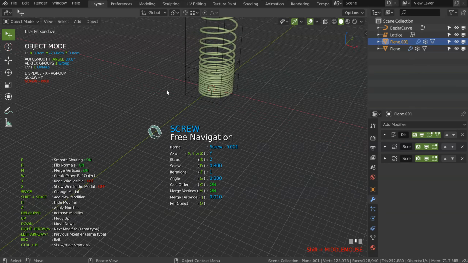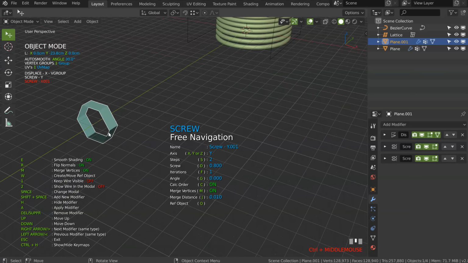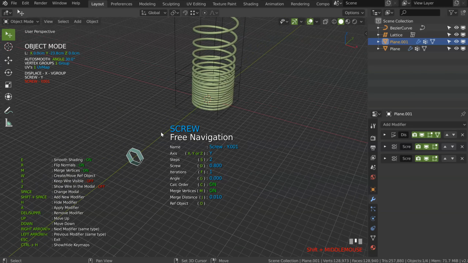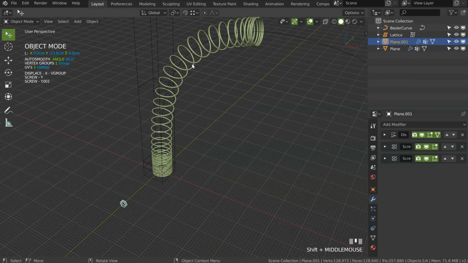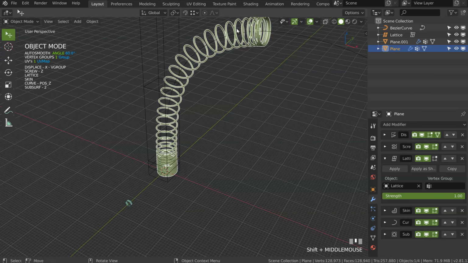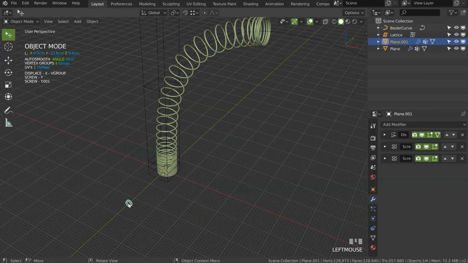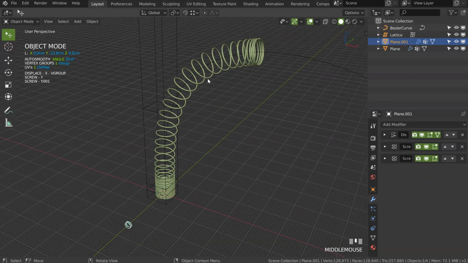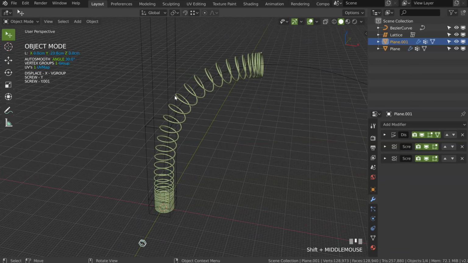It could also be nice to create some object, maybe like that. And if we add a modifier to convert the curve, we could make the same thing with a custom profile in polygon, like with the array and the curve, etc. So there is a lot of possibilities, and if we add more modifiers, we could make something way better.